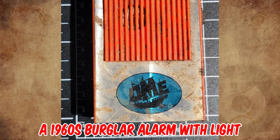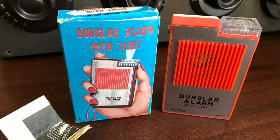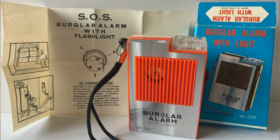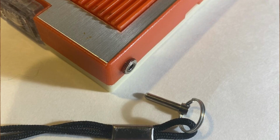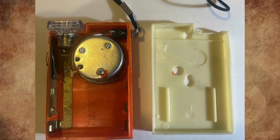It's a 1960s burglar alarm with light, a personal emergency alarm device about the size of a cigarette box, mainly sold to women who had to walk home alone at night. There was a pin with a hand strap attached. If you pulled the strap out, it made a lot of noise, only to be stopped by reinserting the pin